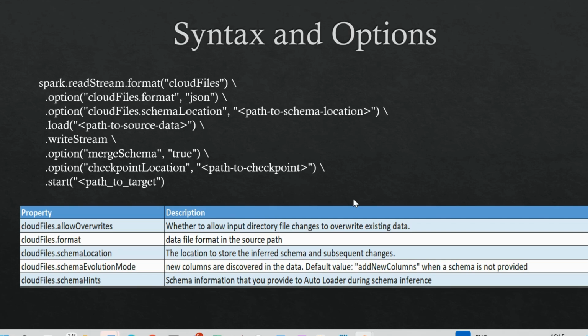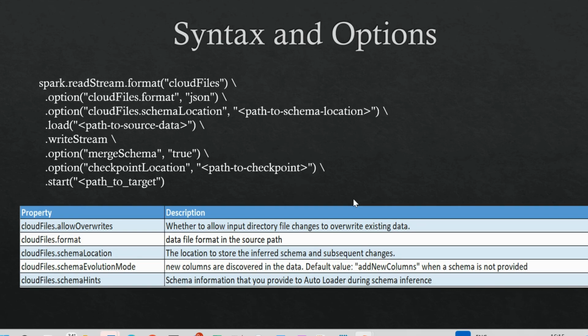Let's say the folder is the same. Is it possible to have the same folder and two files are coming, one for a different job and another for a different job? Is it possible? As soon as that particular file lands into that location, it will be picked by both the jobs. There's no differentiation that this file needs to be picked by this job and this file needs to be picked by that job. In that case there will be no differentiation as such.